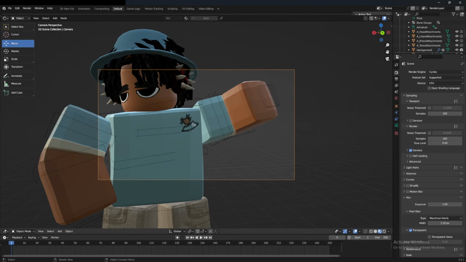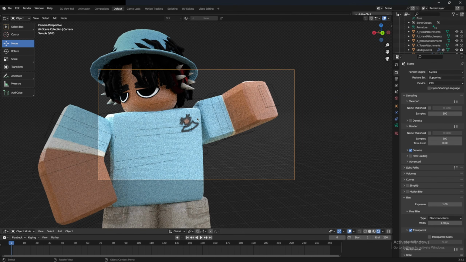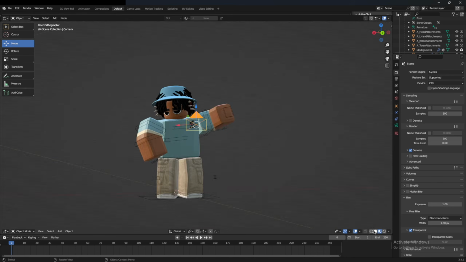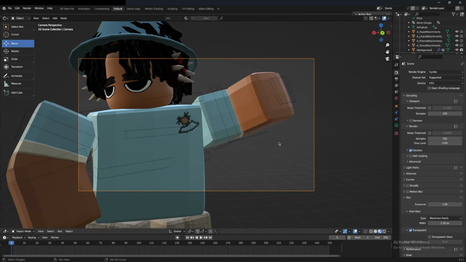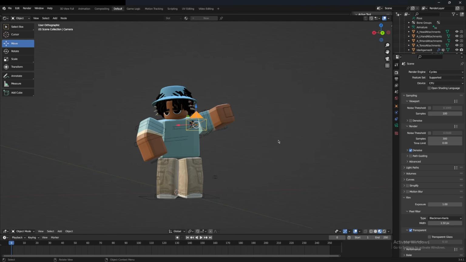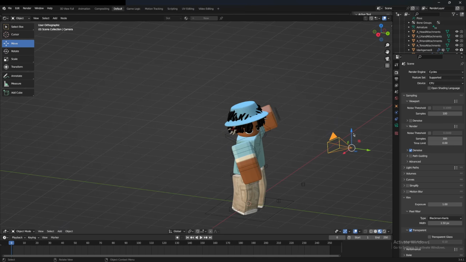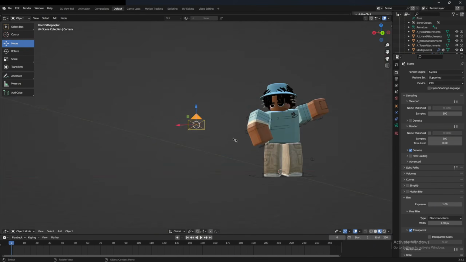And if you move that and press set active camera, you'll see that the camera is where it is. I know there's a way that you can move the camera while in set active camera mode, but I just don't know how, at all. So what I do is I just mess around with the camera until I get an angle I like. I kind of want the angle to be down by